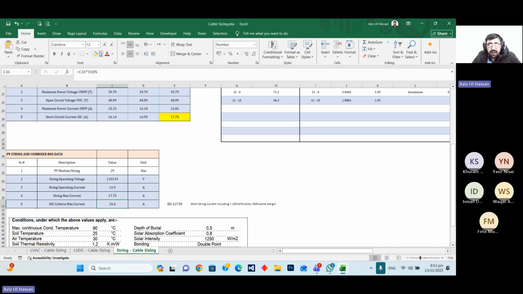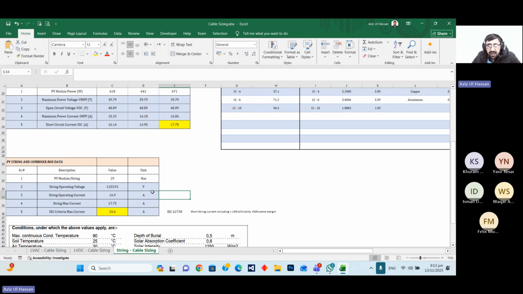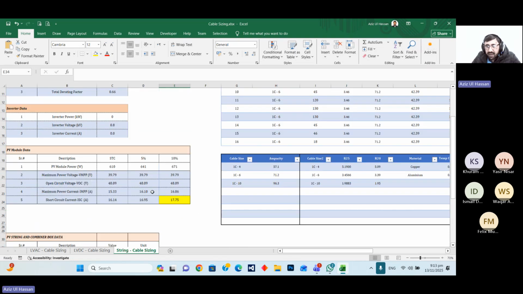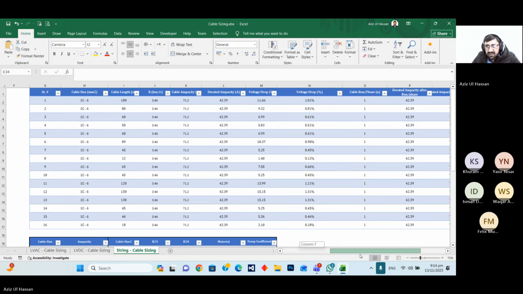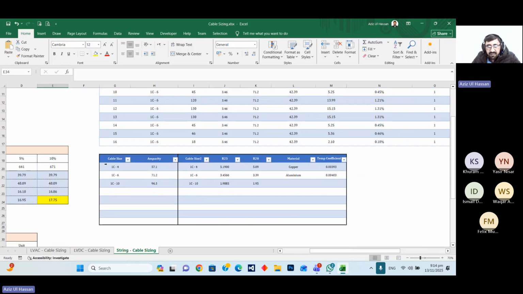So our criteria become 26.66. Now we shall check. I have prepared an Excel sheet in which I have given the cable data. This value R20 we basically get from the vendor, and R25 we have to check in the IEC standard,